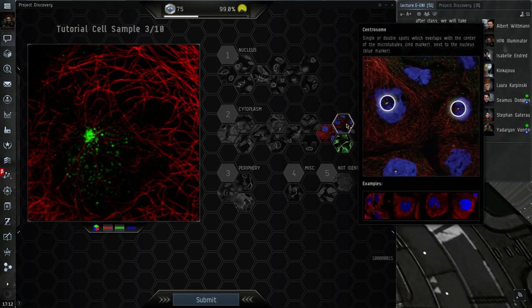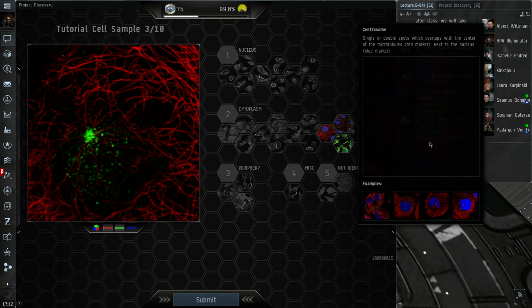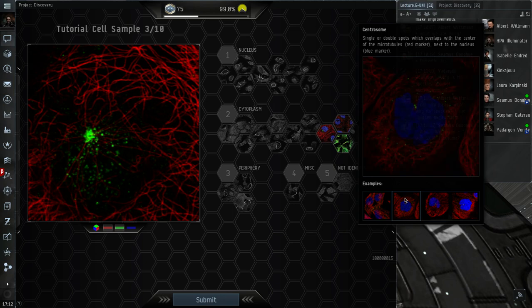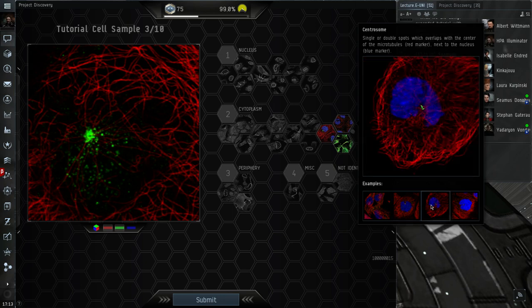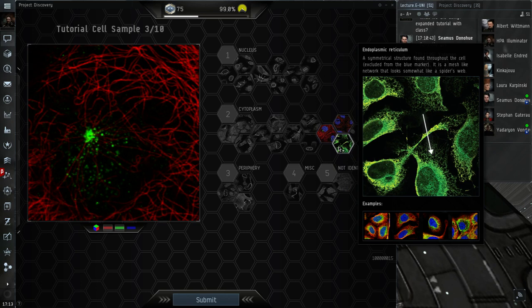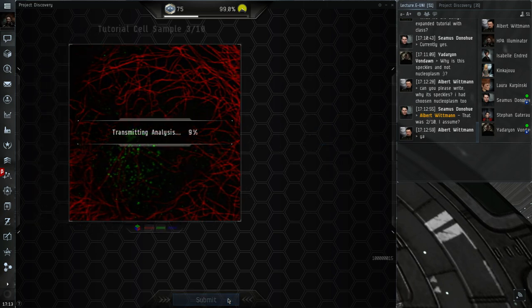Microtubule organizing center is very similar to centrosomes. But when we're looking at centrosomes, we really want to see two small dots that are lying next to each other. The microtubule organizing center is usually a bit bigger. And then we also have the ER to choose from, which this is absolutely not, as you can see. The ER is more of like a spider web pattern that is stretching out from the nucleus. So we'll go for microtubule organizing center, or MTOC.